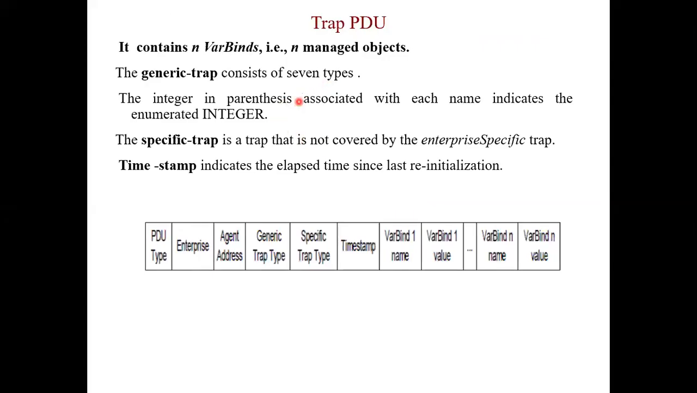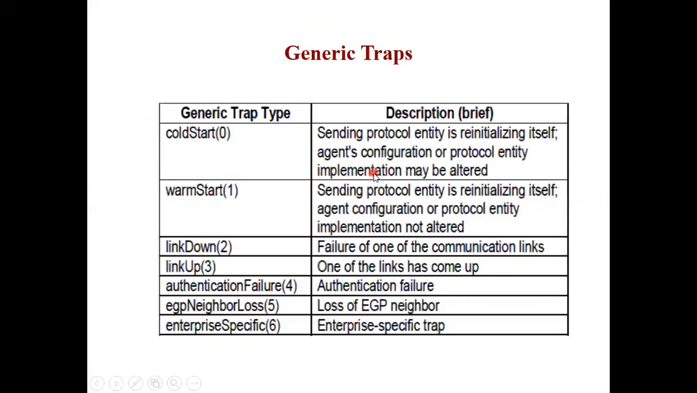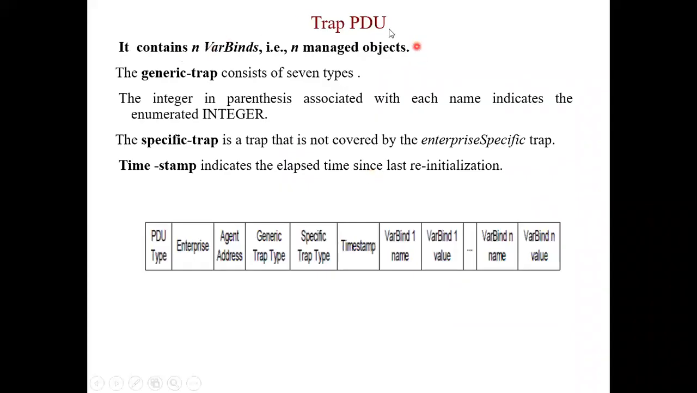Okay, so there are three types of traps. I think I missed that one slide, but it is present over here. This question was asked in the viva last time; the examiner was asking, what are the types of trap message? There are three types of trap. One is a generic trap, the other one is a specific trap, and the third one is a